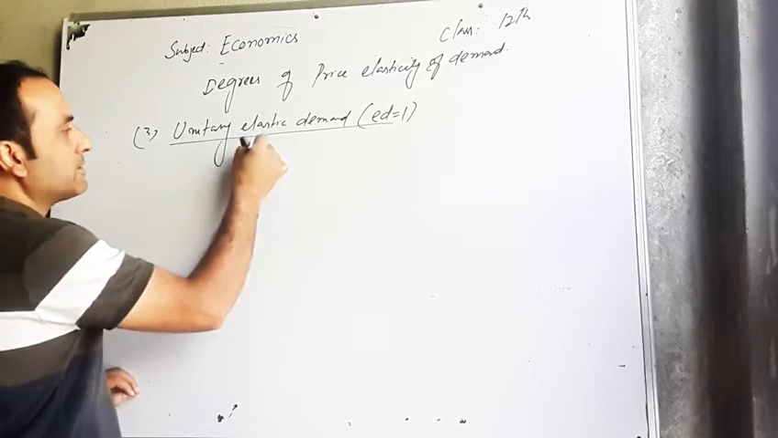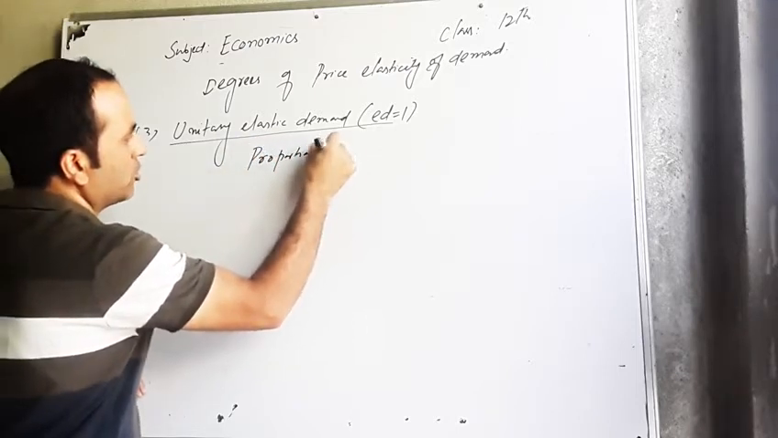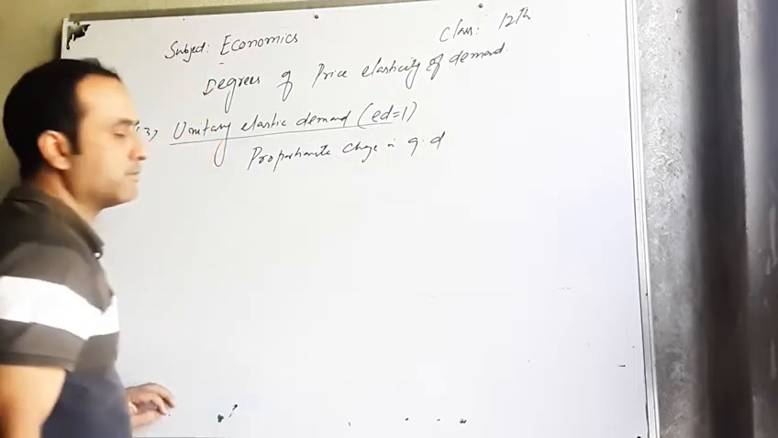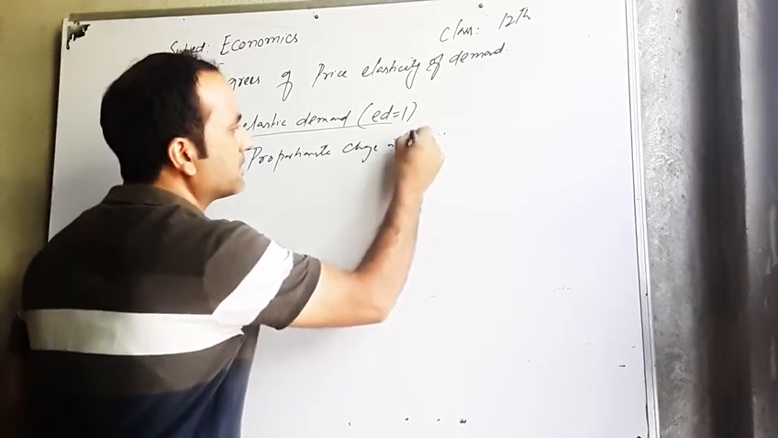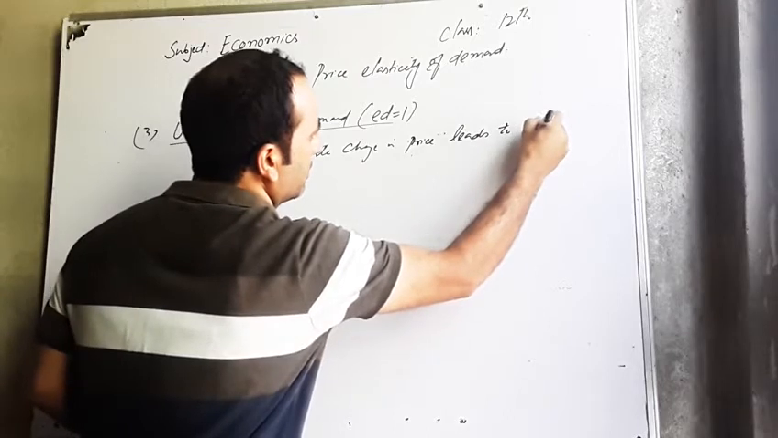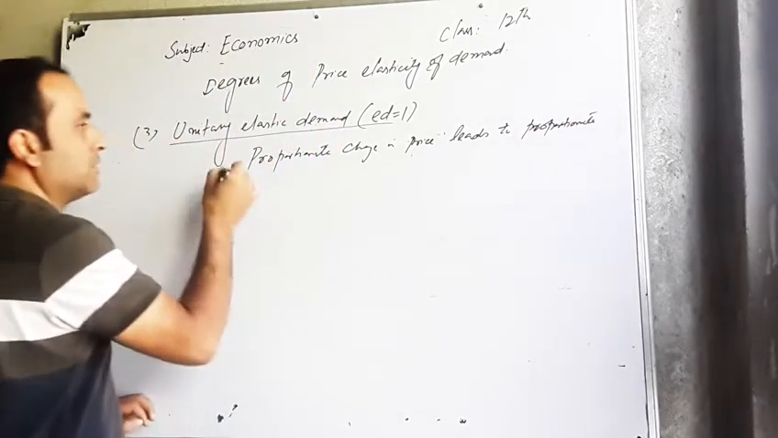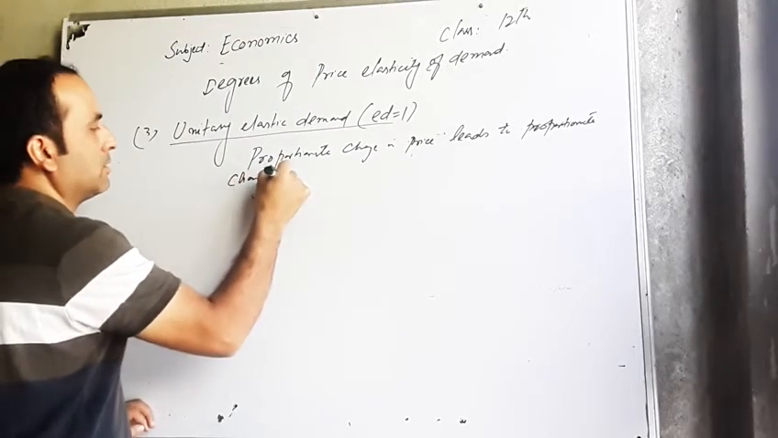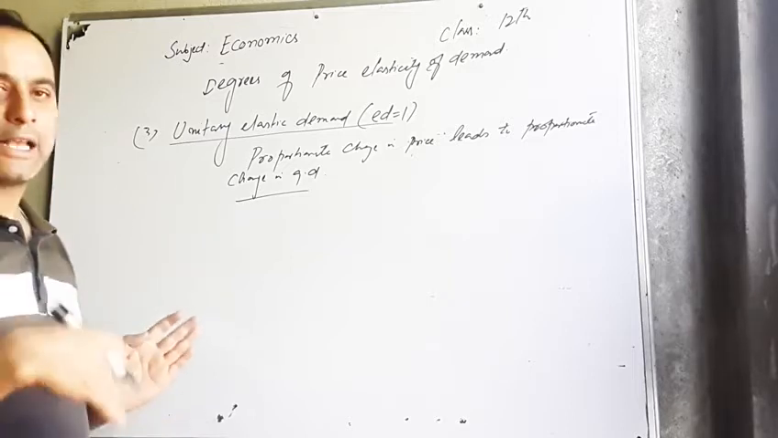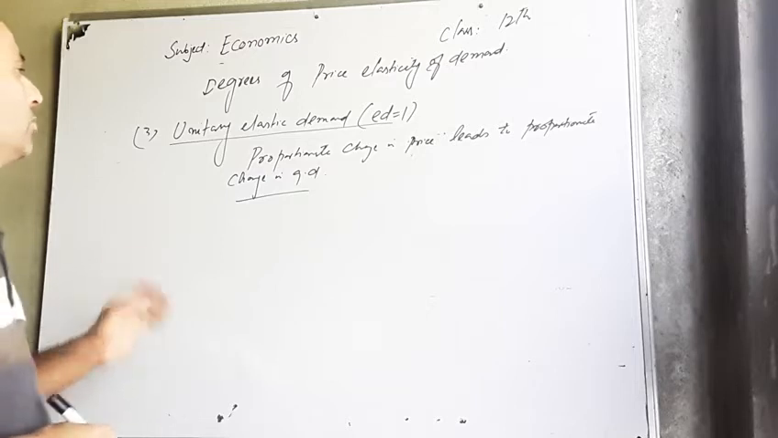Unitary elastic demand means the proportionate change in quantity demanded, proportionate change in price leads to proportionate change in quantity demand. So जितनी चेंज प्राइस में होगी अगर उतनी चेंज डिमांड में होगी